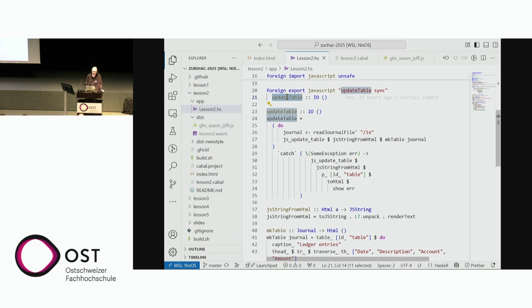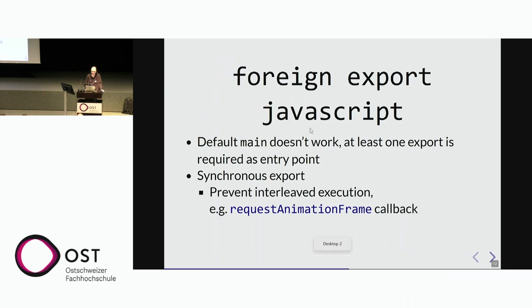Once it is invoked, it will run the Haskell thread till it is completed or killed. So the synchronous form of export is useful when you want to ensure that when you export a Haskell function to JavaScript, you call that export, and it also always runs to completion before the next export is going to